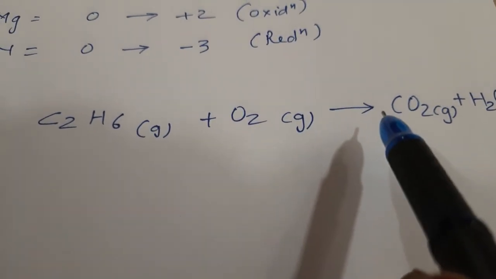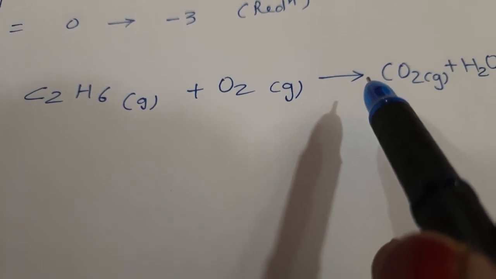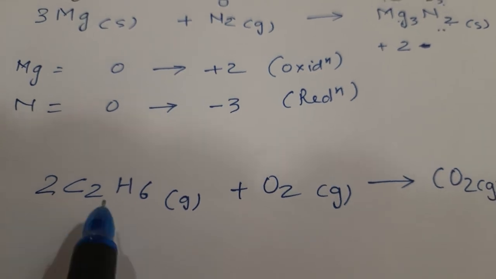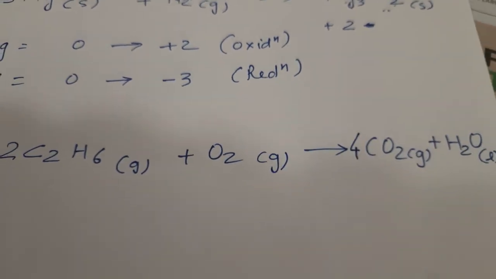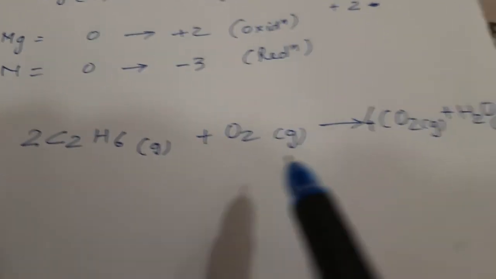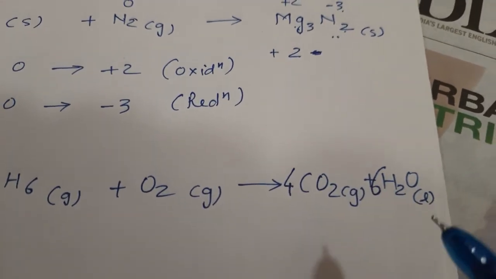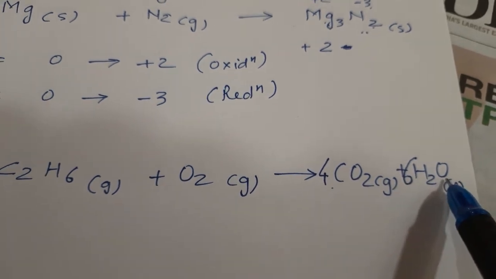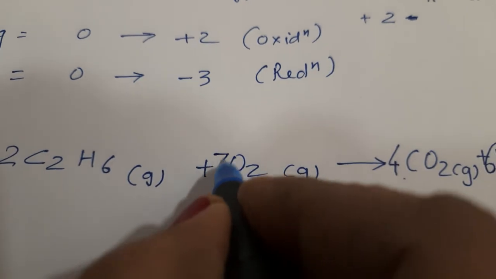2C2S6 2CO2. No, it is not going to be balanced. Then what we will do, suppose we take 2, let us try. It is not balanced yet, so 4 carbon. Let me write here 4 carbon, 6 × 2 = 12 hydrogen. What about oxygen? 4 × 2 = 8, 8 and 6 is 14 oxygen. So I have to write here 7 O2. So I think now it is balanced.